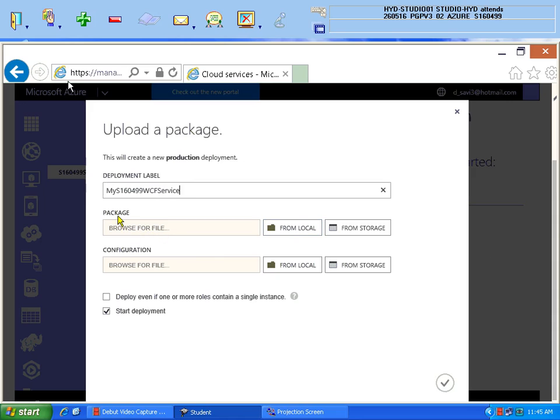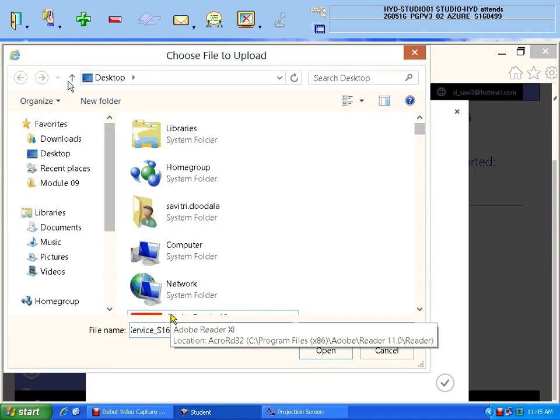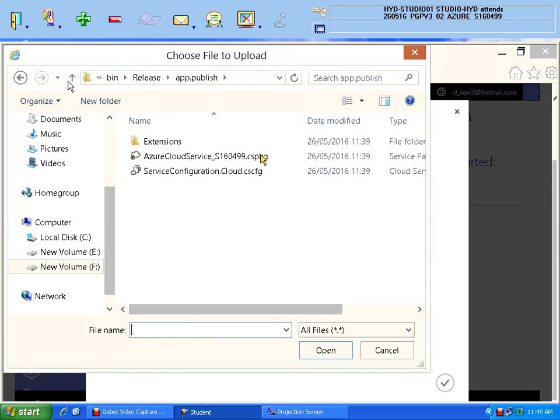At package time, 2 files got created, one package file and one configuration file, to be browsed and attached here. Simply click on from local and go to the location. I pasted that address here because that's the reason. I went to the place where these 2 files are available, PKG means package, CFG means configuration.